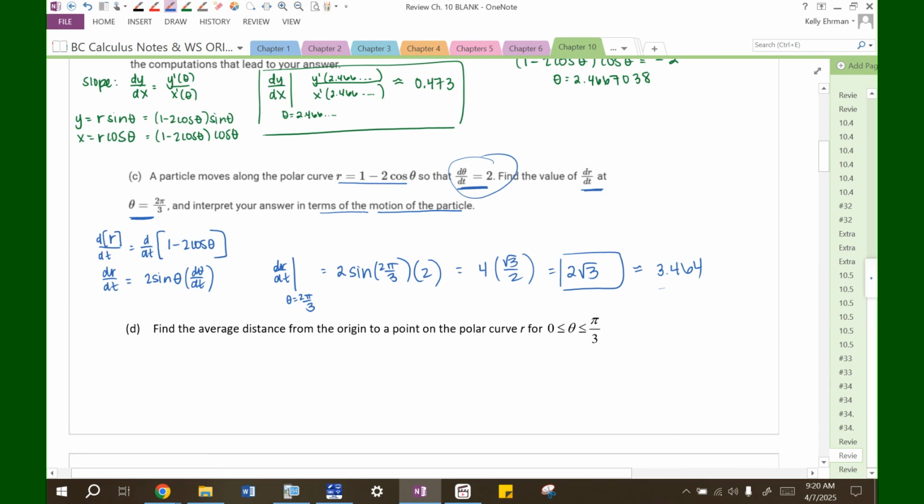Interpret your meaning. So we just did this in pre-calc today. I know we didn't spend a lot of time on it, so I'm going to refresh your memory here. What they're asking about this could be two things, so I always give two answers. If something's derivative is positive, it means that thing is increasing. So what did we just take the derivative of? R. So R is increasing at theta equals 2 pi over 3 because r prime of 2 pi over 3,